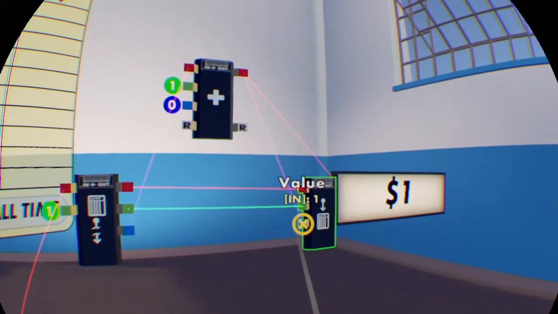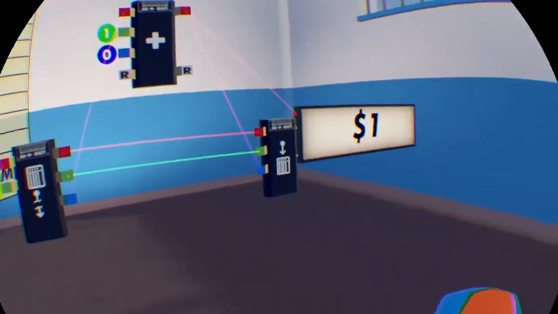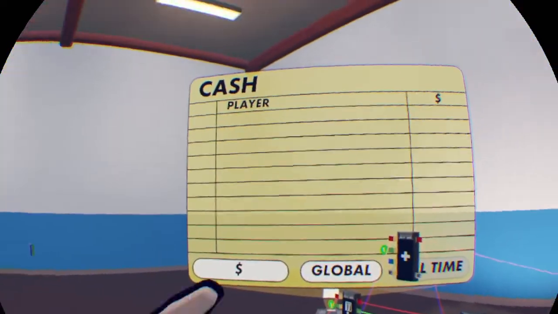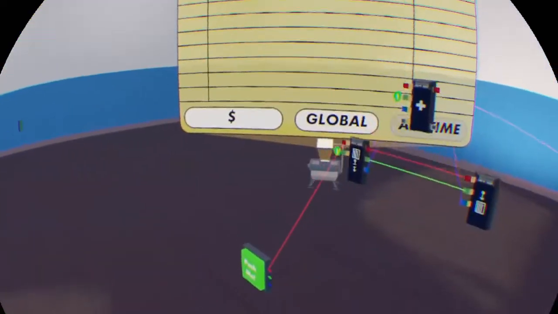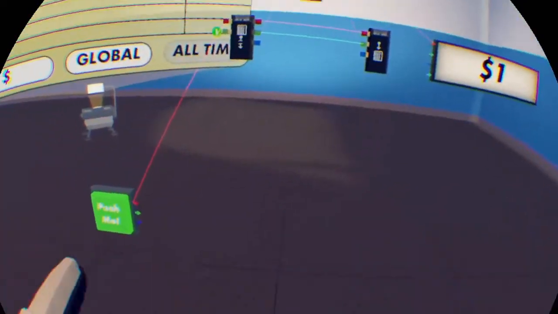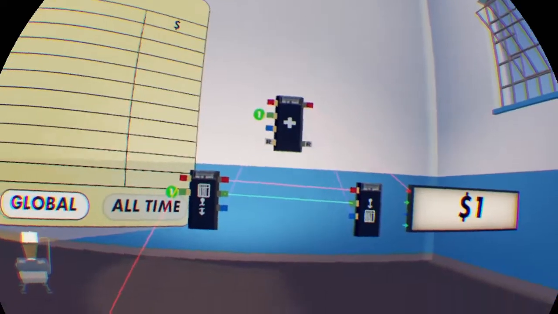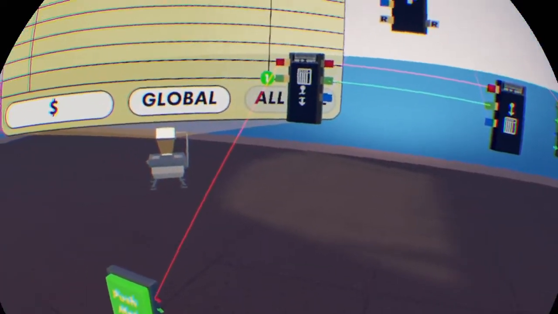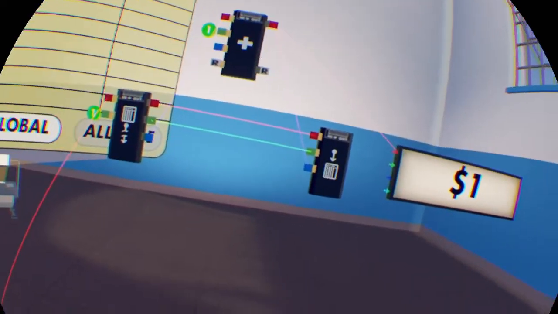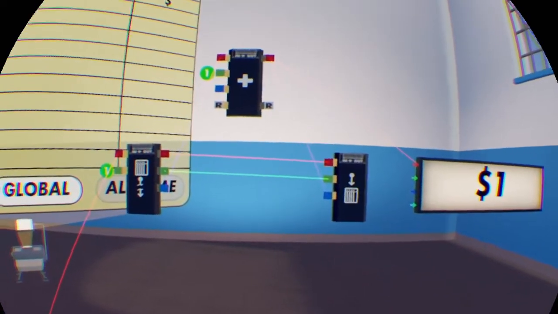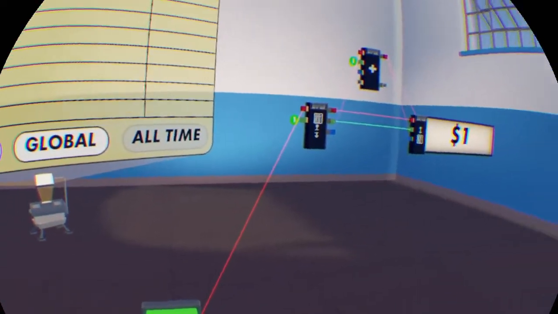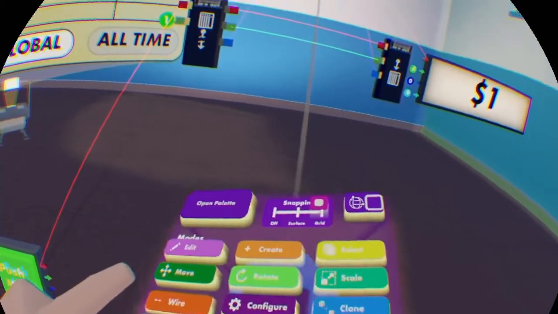Now, before we get into the leaderboard, I should show you the magic of this, how you can go into another room and it's going to stay that value. So keep looking. Well, actually the sign, I don't think the sign is going to stay the same. But before we go,